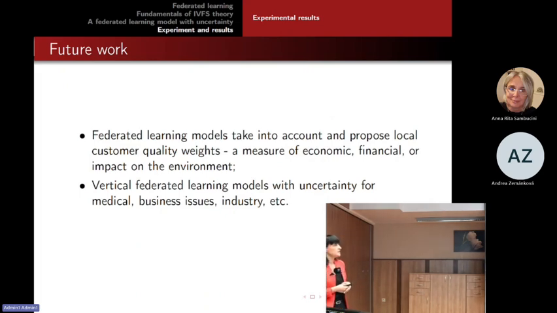Especially, we want to use some consumer quality weights connected not only with the effectiveness of the model, which we see now, but more. We want to obtain more aspects, the economic and financial impact of the information, because sometimes very good local models